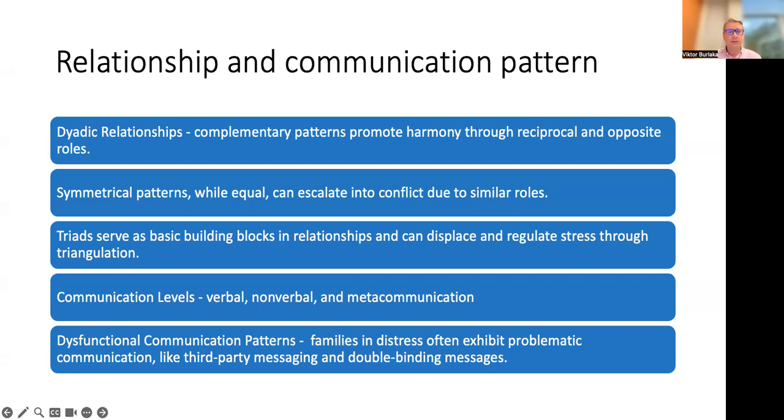Navigating the intricacies of family systems requires a good understanding of relationship and communication dynamics. The balance in dyadic relationships sways back and forth between the harmonious, complementary, and potentially tumultuous, symmetrical patterns. Triadic relationships introduce the concept of triangulation, a mechanism for stress regulation, which can both stabilize familial interactions and lead